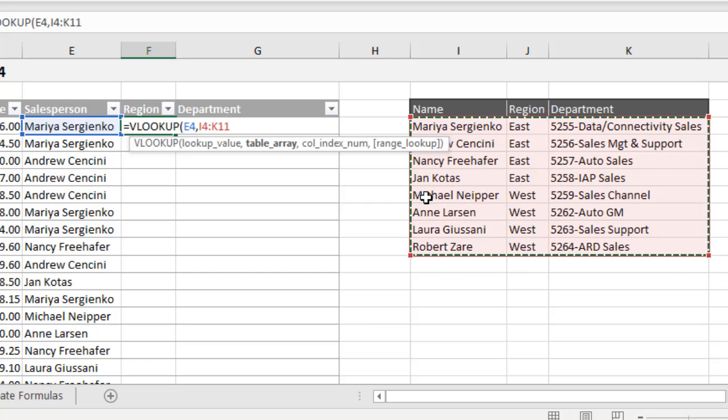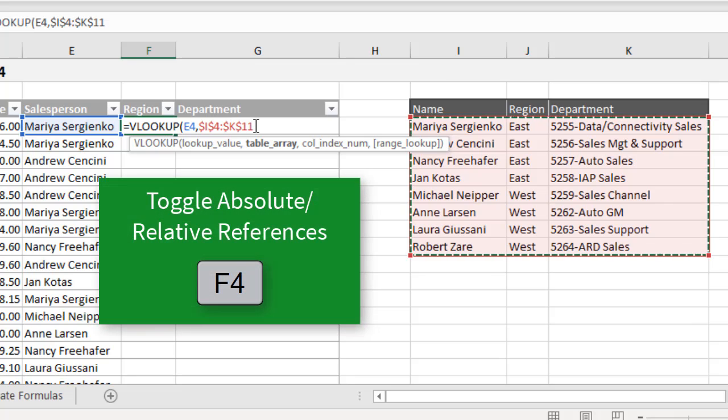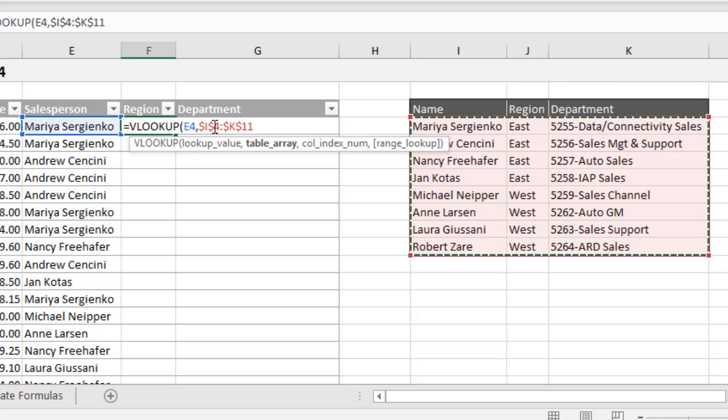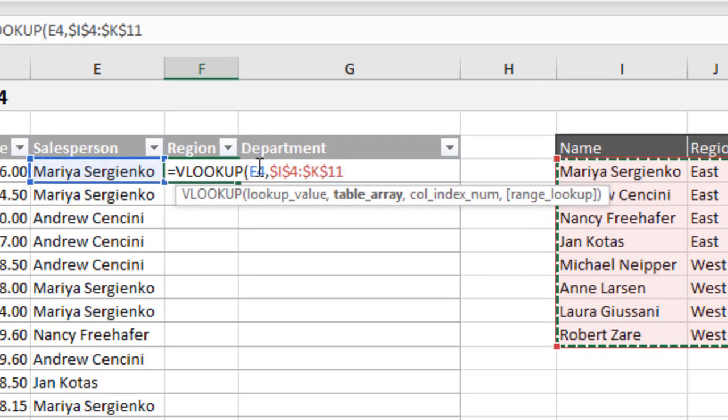the mouse. And at this point here, we want to make this an absolute reference. So the cell reference does not change, or that range does not change as we copy the formula down. And to do that, we're just going to hit F4 on the keyboard. Hit F4 once, and as you can see, that puts the dollar symbols in front of the column letters and the row numbers. Now, this is a toggle, so if we wanted to go over to this range here, or